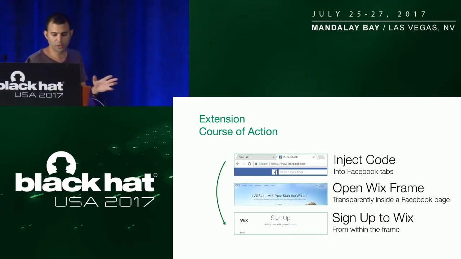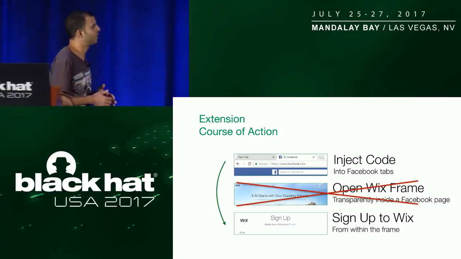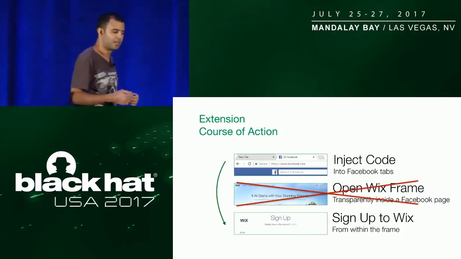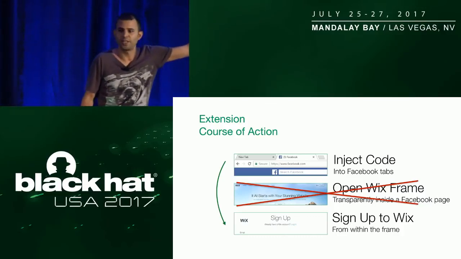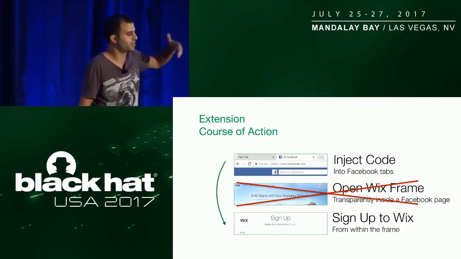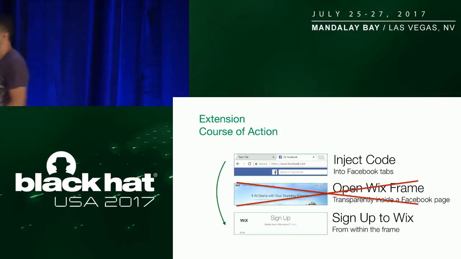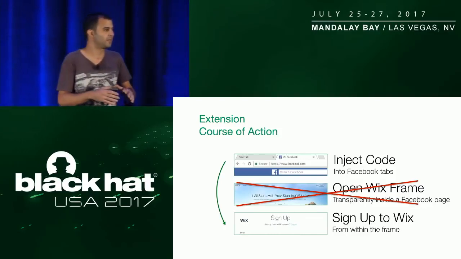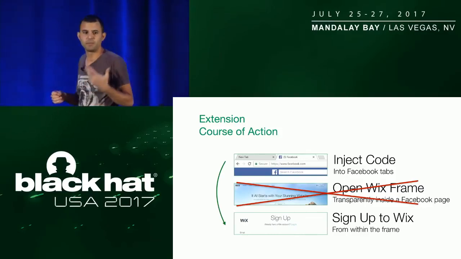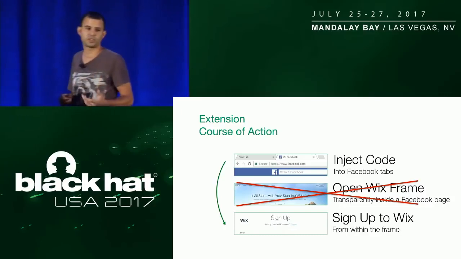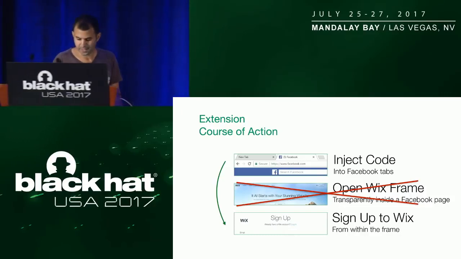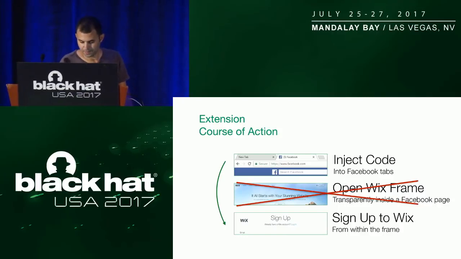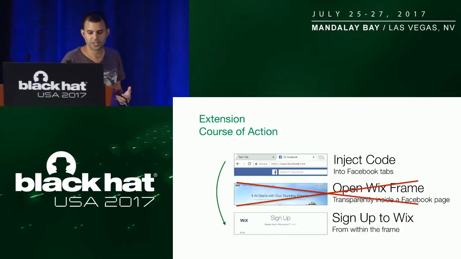Now, one quick question. Why would the attacker even need to open a Wix iframe? I mean, he has the abilities of an extension. He can just inject code into Facebook and then send the sign-up request to the Wix server from the Facebook tab. The extension is able to do it because it does not have the limitation of cross-origin requests, of same origin, sorry. Now the answer here is that